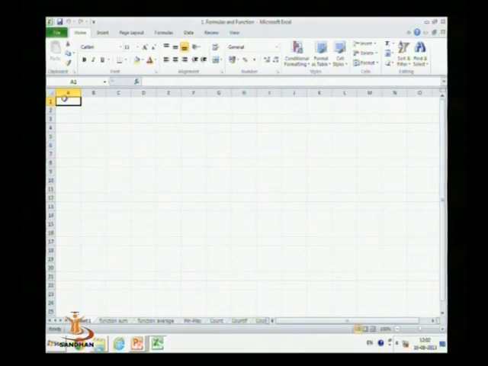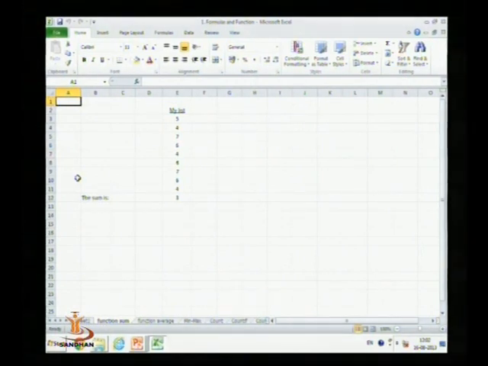These are the different commands available in the different panels. Under the panel there is the worksheet area. This is known as a cell, and a cell is nothing but the intersection of a row and a column. If you select more than one cell, it is called a range. You can give a different name to that range. All the calculations will be done in the worksheet area, and now we will go on to the different functions.